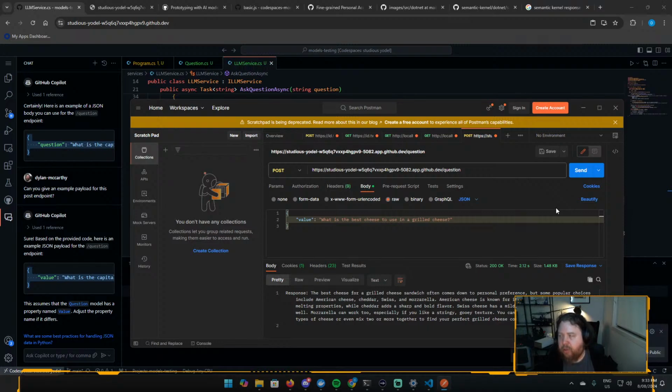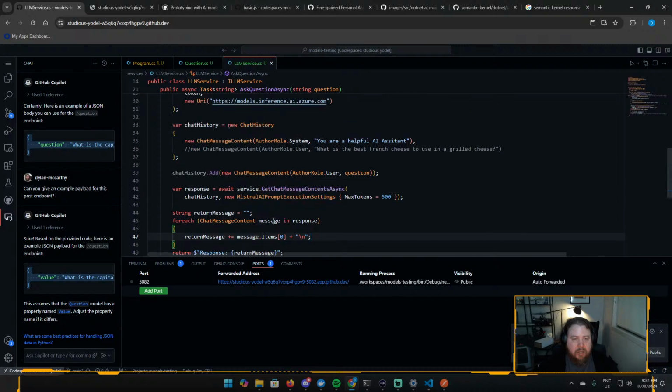There we go. Cool. So we have managed to connect using Semantic Kernel to GitHub. GitHub model rollouts are being run. We've got it using our GitHub token. We're using a Mistral endpoint, so